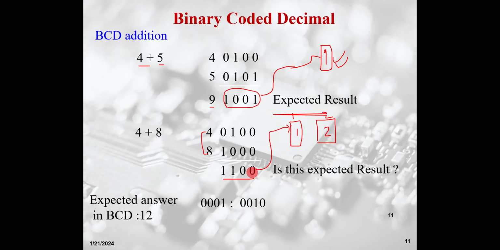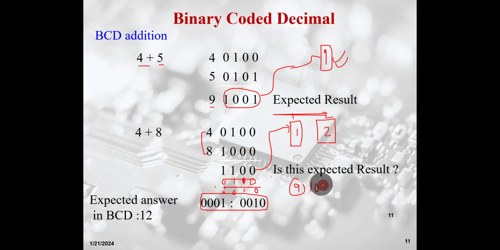So in that case, what is to be done? All that you need to do is add another 6 to it, okay. If you add another 6, that is 0 1 1 0, this will become 0, or this will become 1. 1 plus 1 is 0, it will go 1 here, 0 1, so I'll get this answer. So after doing the binary addition, if the answer is more than 9,